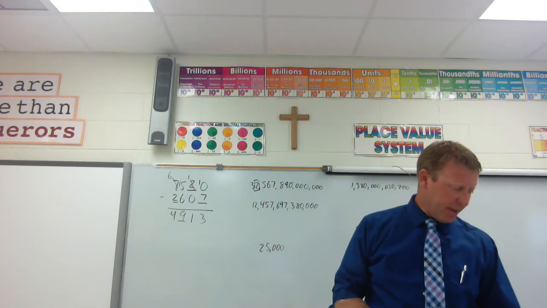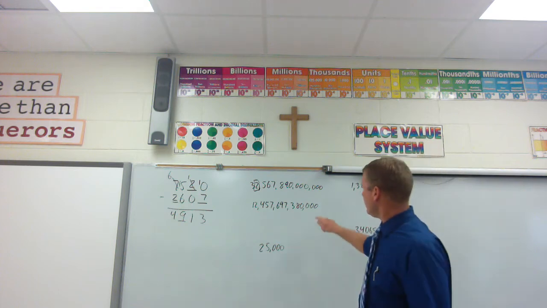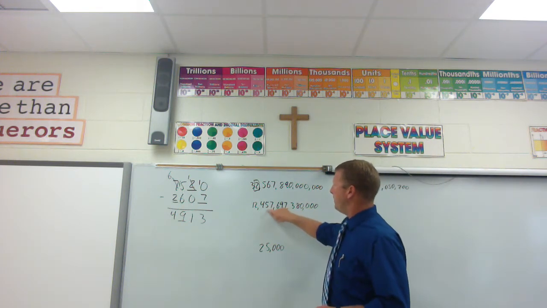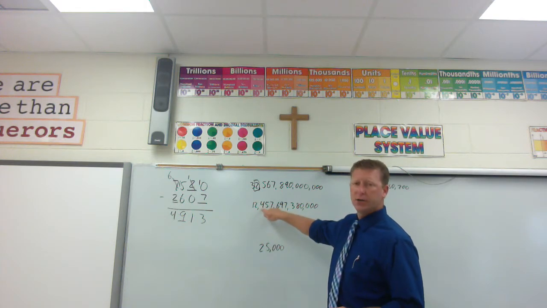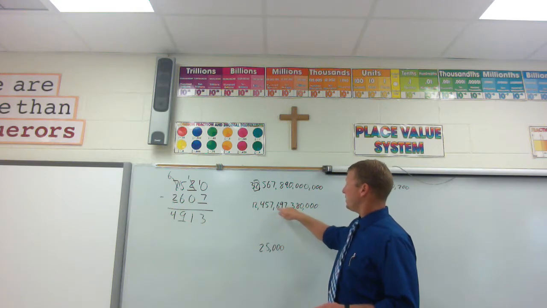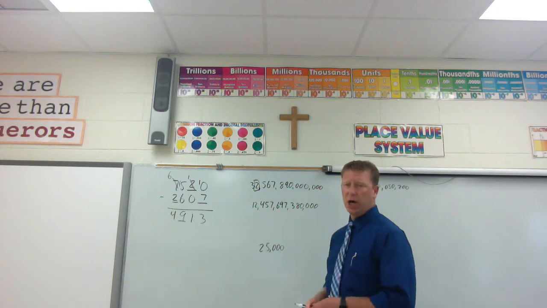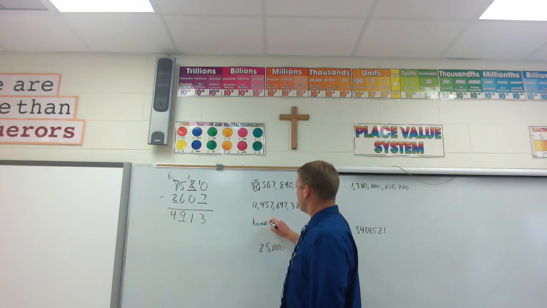B says, in that big, huge, long number, what is the place value of the 4? Units, thousands, millions, billions, 10 billions, 100 billions. So it's always place, tens, hundreds. Place, tens, hundreds. This is in the billions place, 10. It's in the 100 billions place. And you could have written that down for your answer. What is the value of it? It's the 100